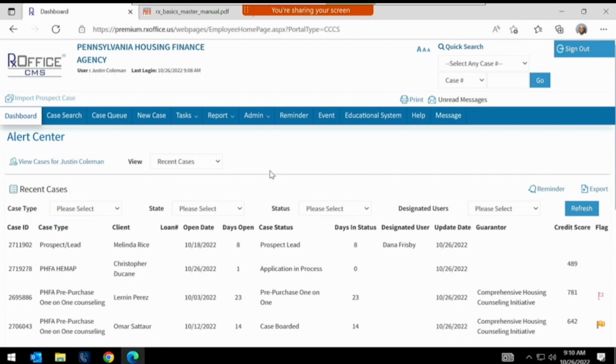So what we're going to look at today, we're going to show you how to add a new client to the system, and we're going to show you how to set up the prospect lead case. So the way that we're going to go about doing this is we're going to click on the New Case tab,